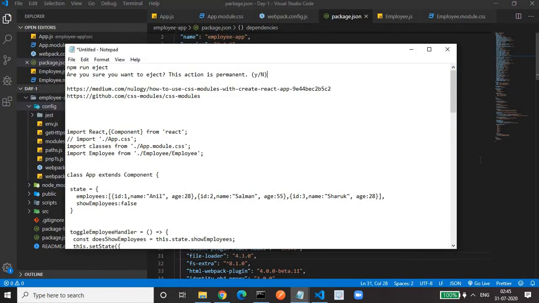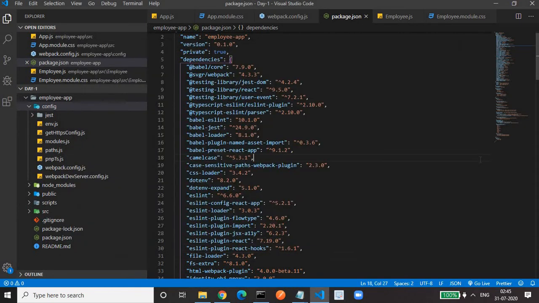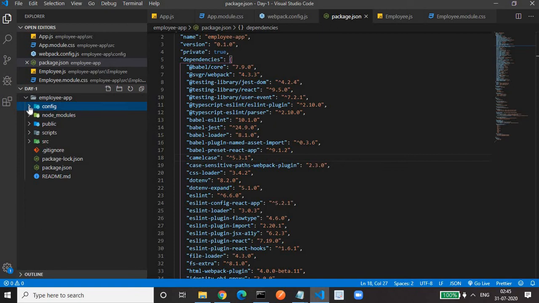So I have run this command to show you this config folder, but actually for me in the package.json file the React script version was 3.x, which is greater than 2.x, so I don't need to execute this command.